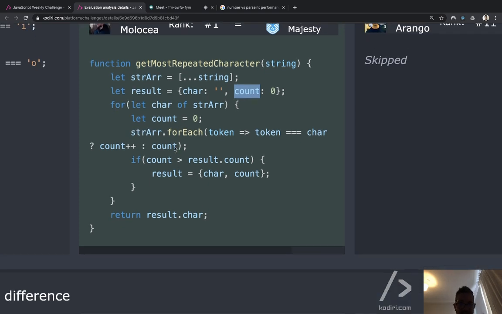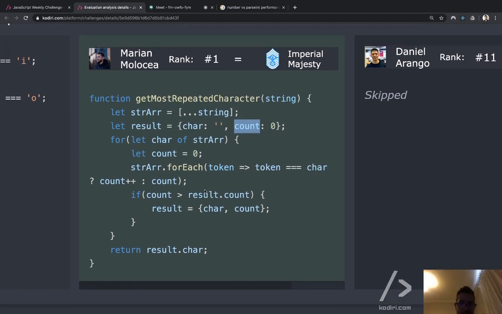And then he, I believe, counts how many times each character on the list is displayed. Eventually, he says, if the number of instances of that character is greater than whatever the previous one was, then I update it. Which is very smart, of course. It's even simpler than what I did. So yeah, that's brilliant.